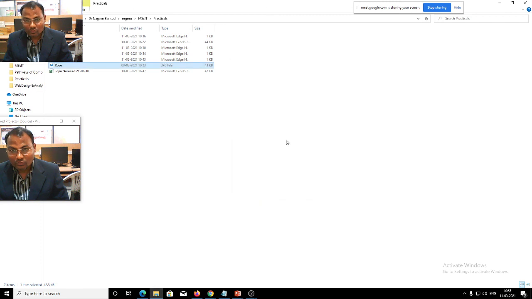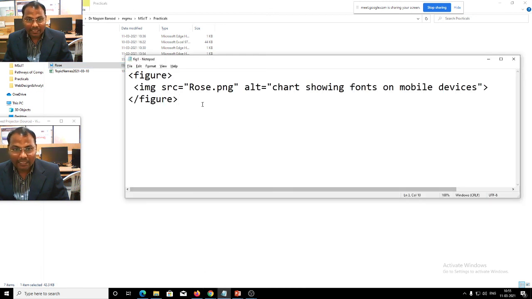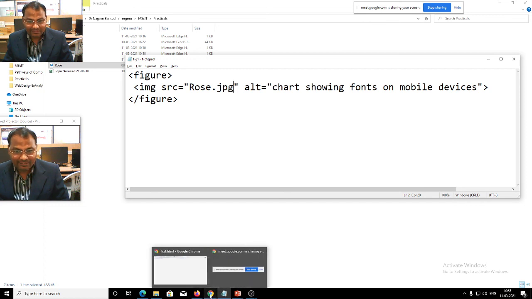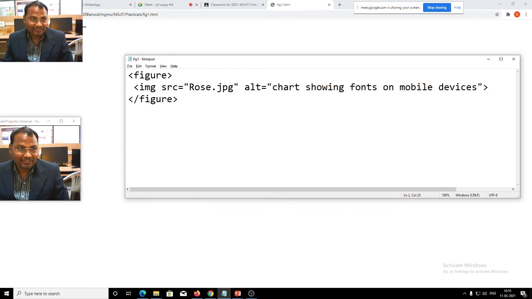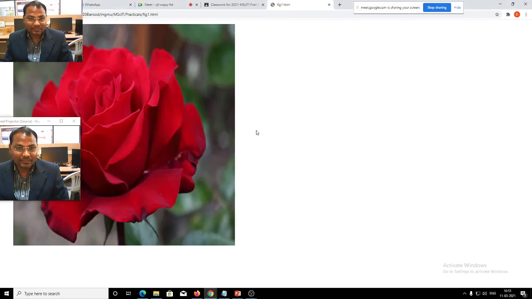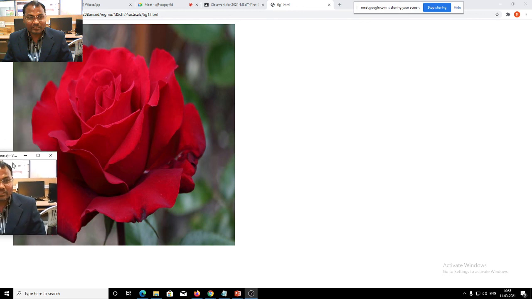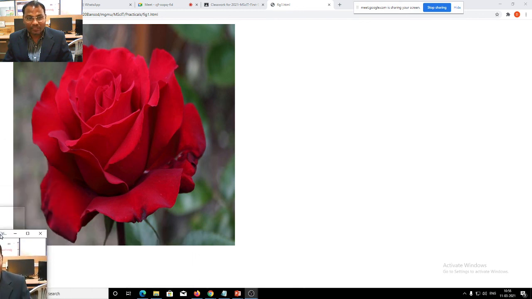So here we need to change it to JPG. Now will it display? Yes, you see the image is displayed, the figure is displayed.